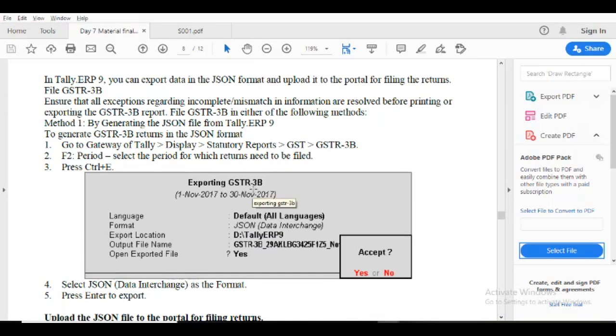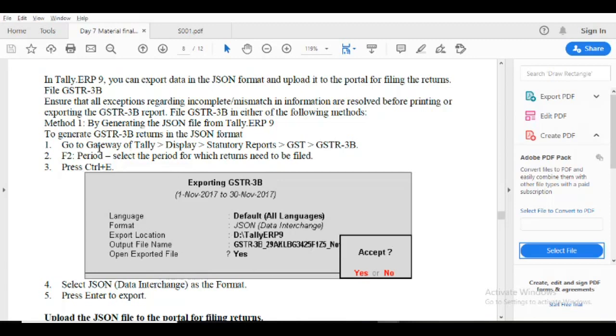The same screen as GSTR1. Press Control+E, the same as the invoice export concept. First select the format as JSON. Unlike other export screens, here only the JSON format comes. For export location, type the Tally location, and the output file name, the GSTR file name, comes by default. Open exported file, yes, accepted.